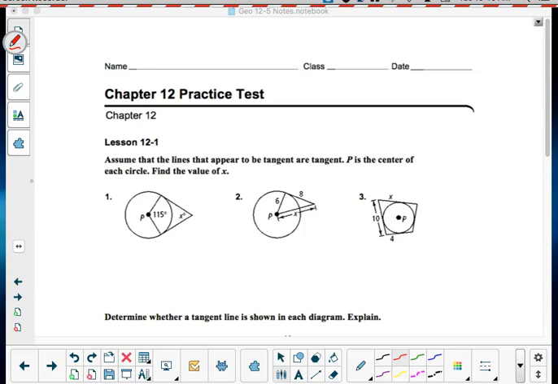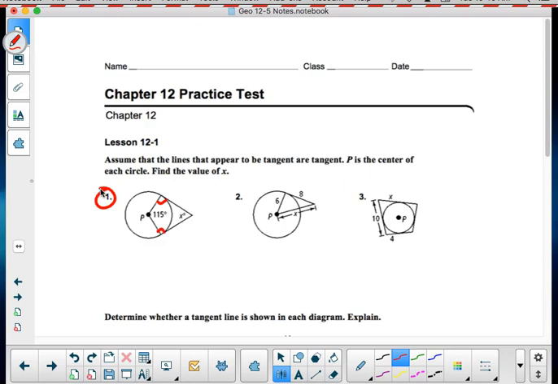Okay, in problem 1, this is chapter 12, practice test solutions. In problem 1, we're looking at this idea that I have two tangents coming together at the circle. And this can be 115 plus x is equal to 180. And when I subtract, x is going to be equal to 65 degrees. Now, keeping in mind, that's one way of looking at this problem, but this is probably the best way when